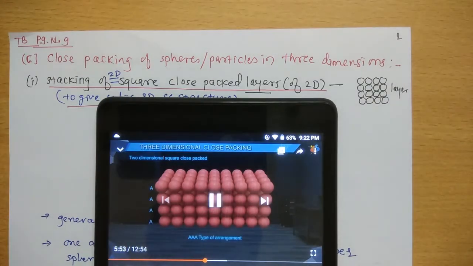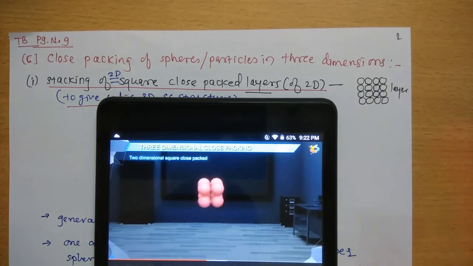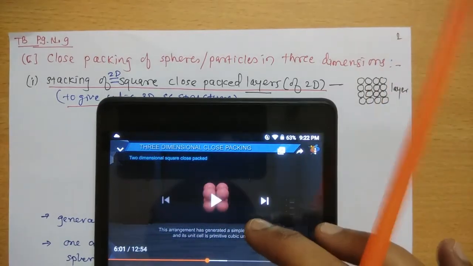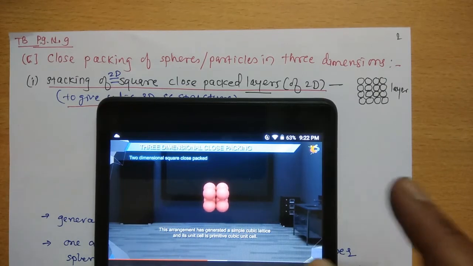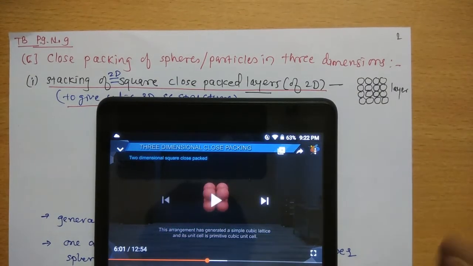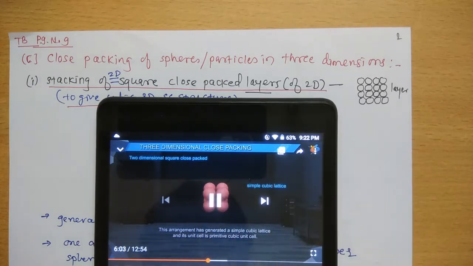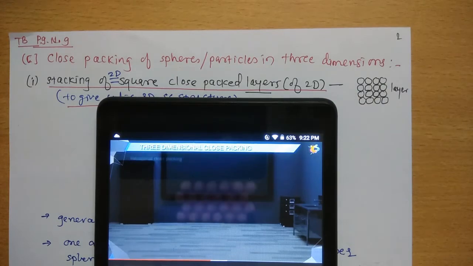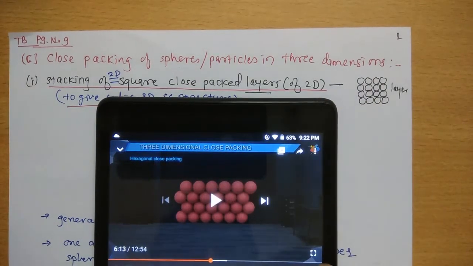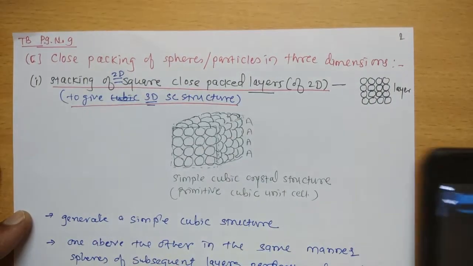Next, see here, when the centers of any 8 spheres are joined, the formation of a cube takes place. That's why it is a simple cubic structure, you can say a simple cubic lattice. I will explain further.